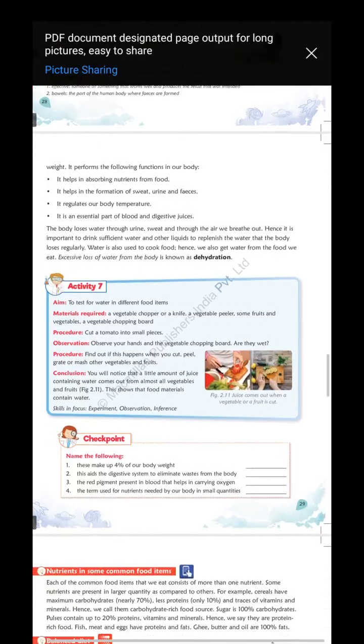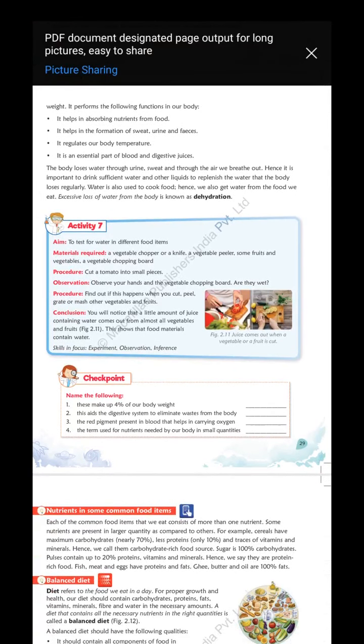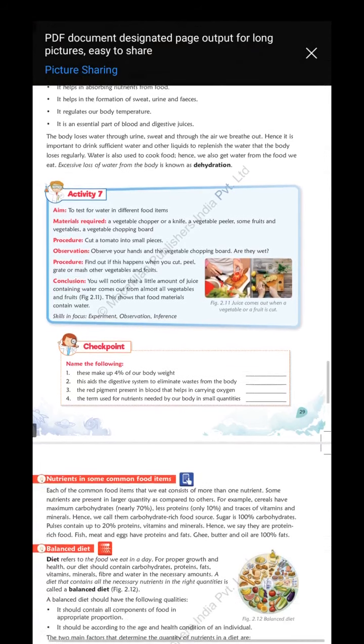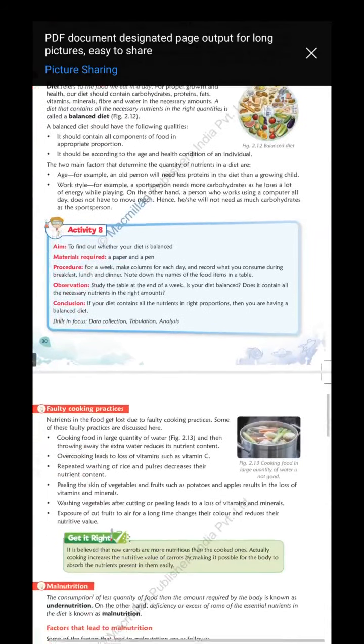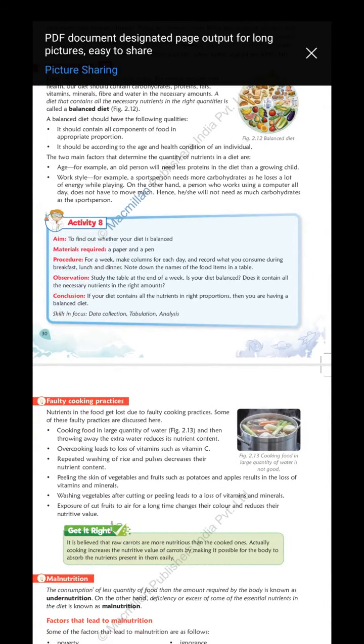This is about minerals, and we have discussed about minerals, vitamins now, and carbohydrates. Next one is proteins. Proteins also we needed. Yes, and dietary fibers also we needed. Roughages, nana, which present on the peels of the fruits and vegetables. Roughages are also a type of carbohydrates our body cannot digest.